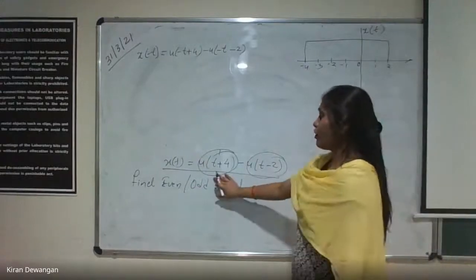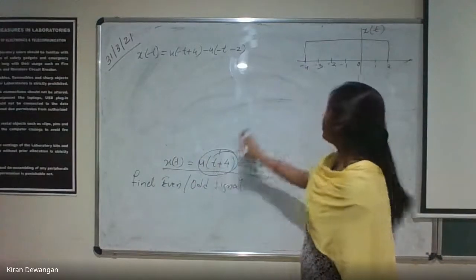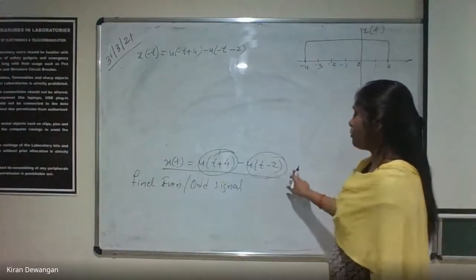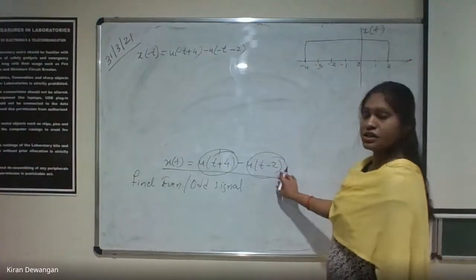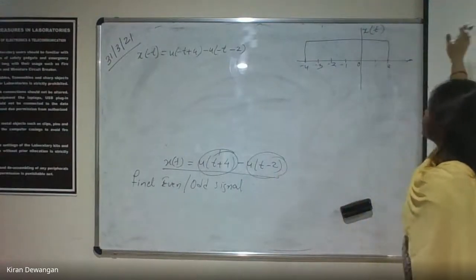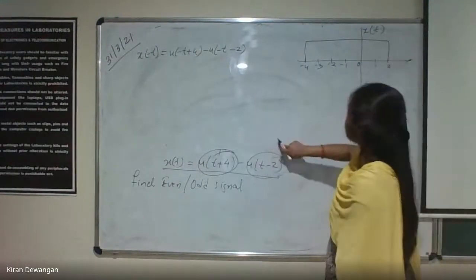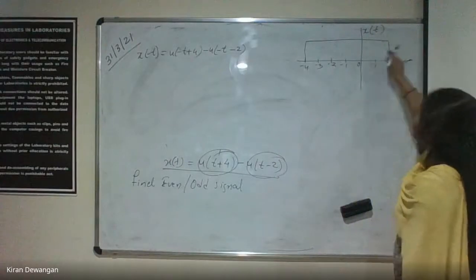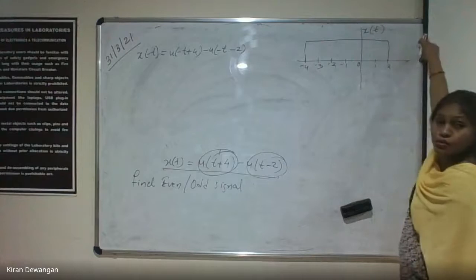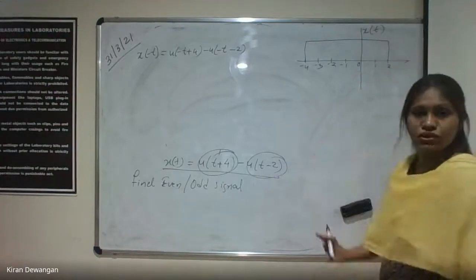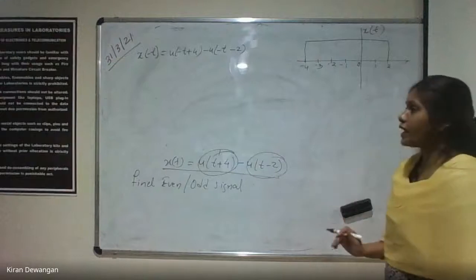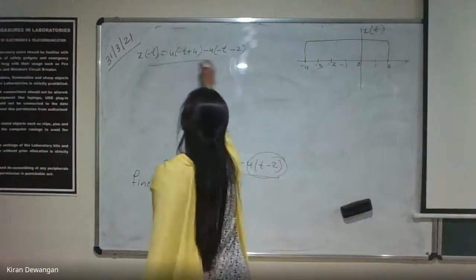It will start from t equals to -4, t = -4 पे start होगा, and it will end up, that is u of t minus 2, t minus 2 will start at t equals to 2. तो t = 2 यहीं से कंटिन्यू होता जाएगा, but what is it? This minus this है, तो ये आपका यहाँ तक कंटिन्यू होगा. तो t + 4 से t - 2 को जैसे माइनस करेंगे तो बाकी के वैल्यूज आपके 0 हो जाएंगे. So it will be just between -4 to 2, ठीक है. Now let's plot this one.